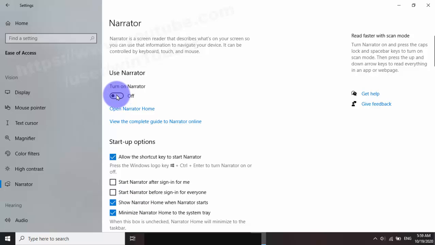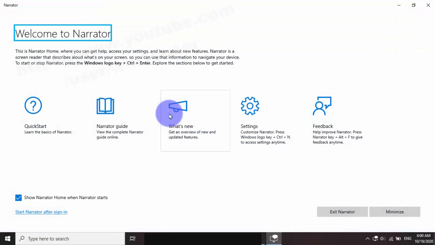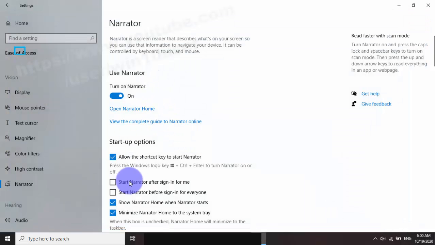When you turn on Narrator, the Narrator dialog will appear. OK, Start button. Settings, Narrator. This heading is level 1. Narrator. Welcome home to Narrator. This exiting Narrator. And then